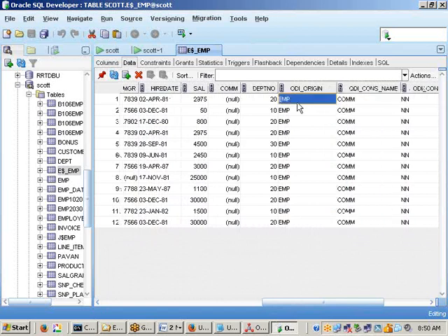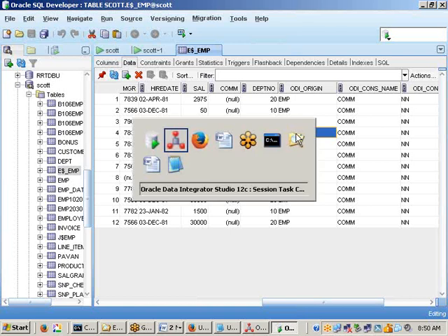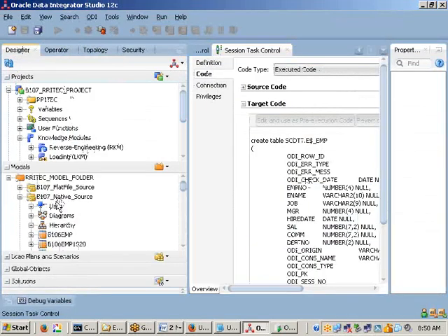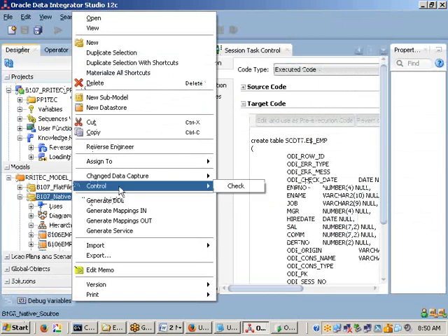From which table it came. Suppose you are running static control. Today I ran only on one table. Down the line I may be running for N number of tables. Let us say if I want to run on the model level also, I can. How to run the model level, sir? Simply right click on the model, go for control and check it. So you can run on the model level, you can run on the individual table level. To identify properly, you should have the origin from where it is coming.